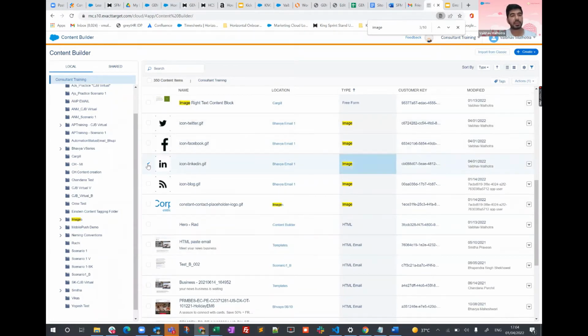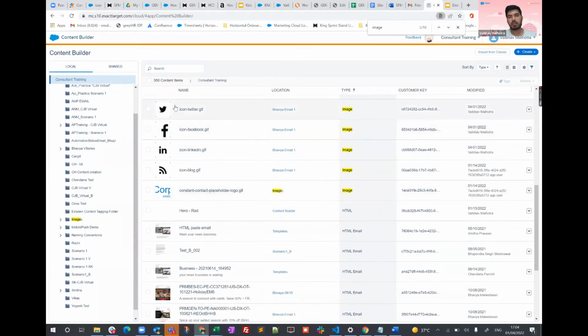What it does for you is you just have to select one or two images, tag it with a similar name or same name, and then all the images pertaining to social media sites or any categorization, it will pick up and put a tag to it. So next time when you are sending out emails related to social media networking sites, it will give you a recommendation that so and so images are available with respect to social media site,